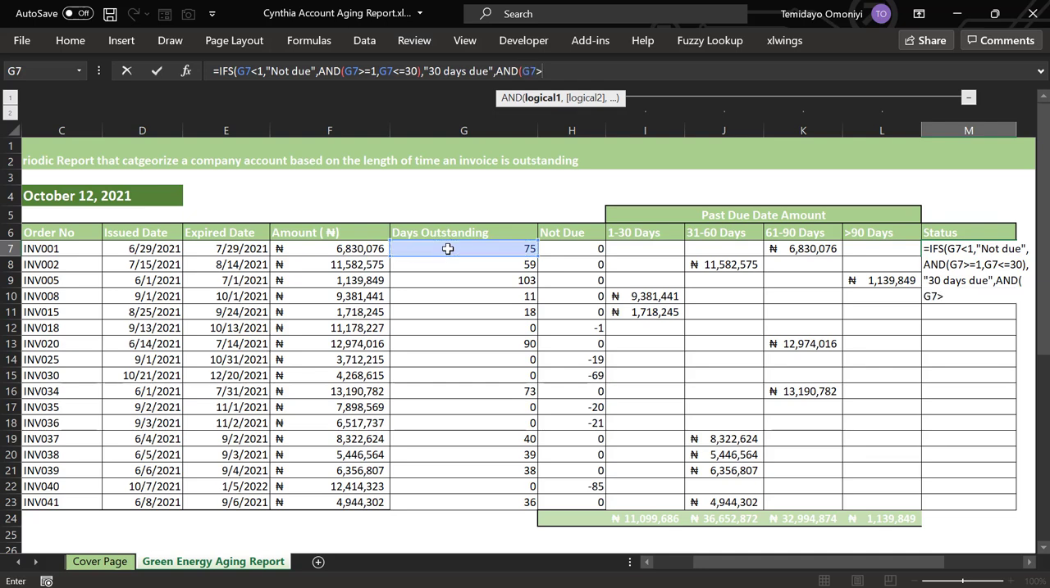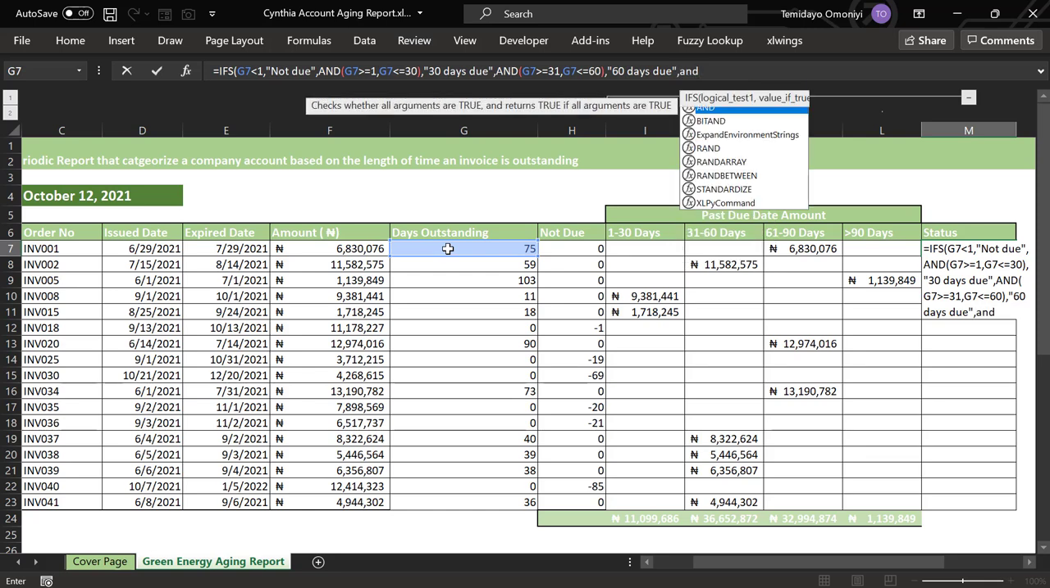is greater or equal to 31, comma, this is less or equal to 60, it should return what? It should be 60 days due, comma, and